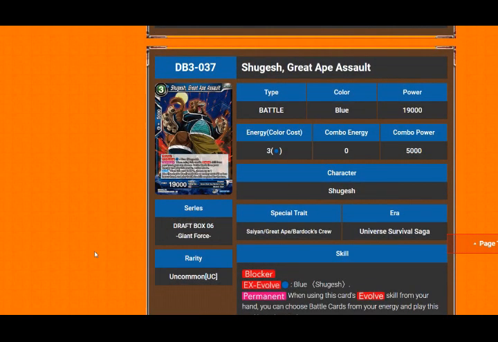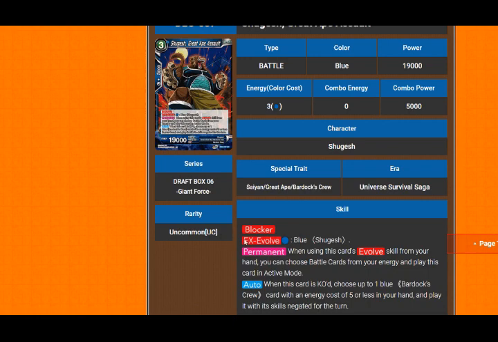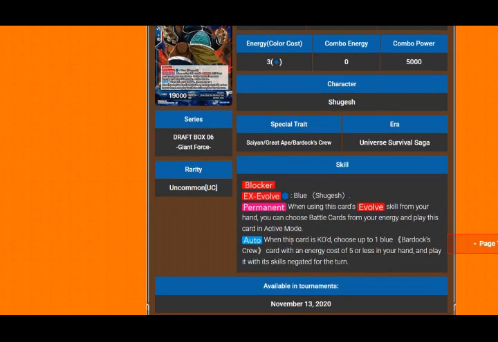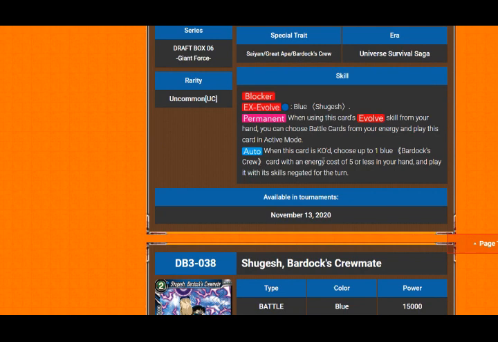Yep. Oh, Shugesh has got an ape. He's finally got an ape card because originally it was only the other 2. He's lived long enough. So we've got Shugesh, Great Ape Assault, 3 cost 19k, awesome. Blocker, EX evolve for 1 blue onto a Shugesh. Permanent, same thing. Auto, when this card is KO'd, choose up to 1 blue Bardock's crew card with energy cost of 5 or less in your hand and play it with its...